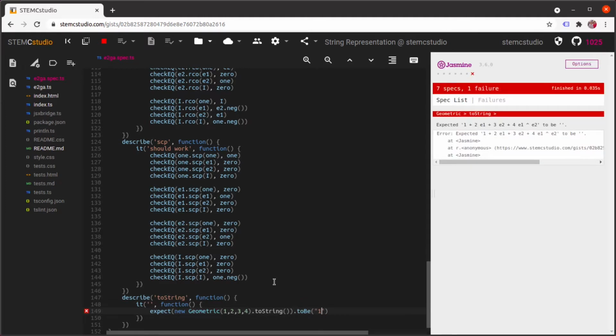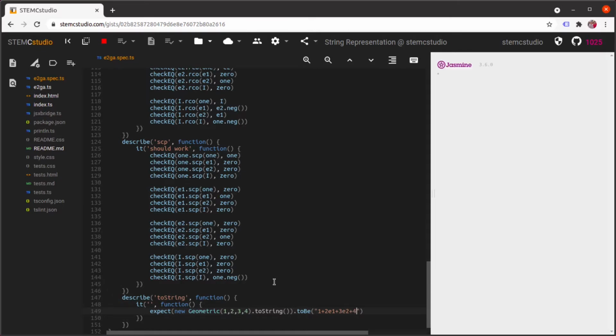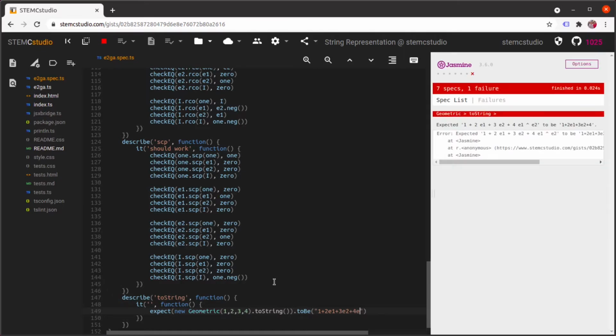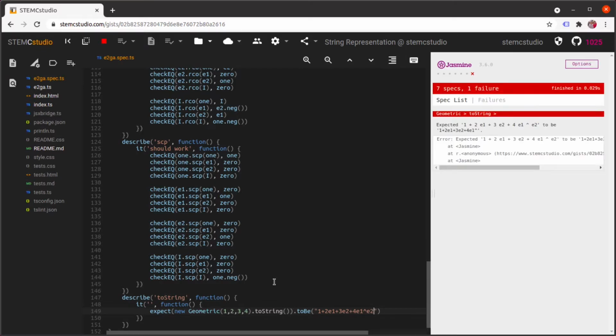We want this to be 1 plus 2 E1 plus 3 E2 plus 4 E1 wedge E2, right? So basically we're not going to have white space, and we're